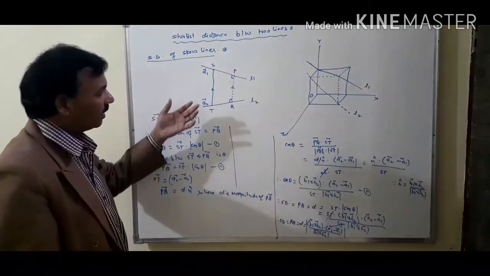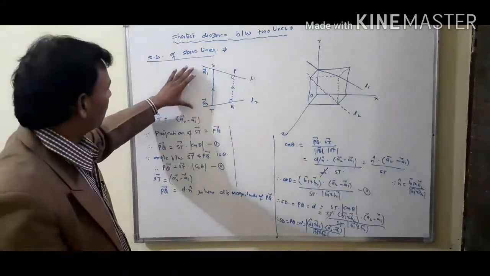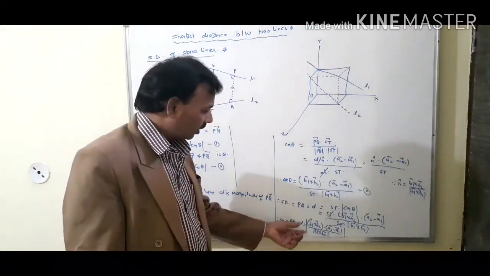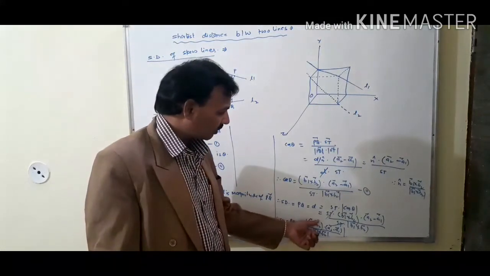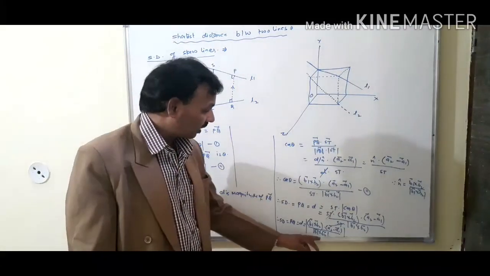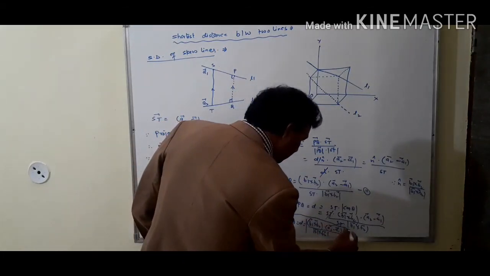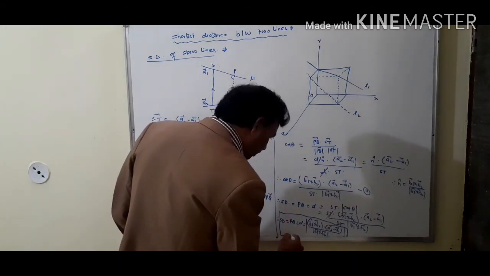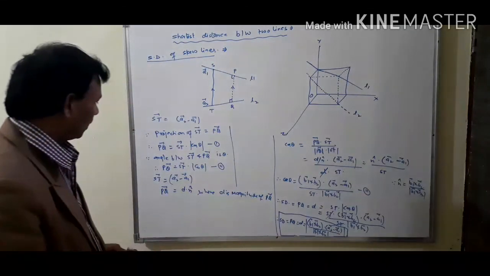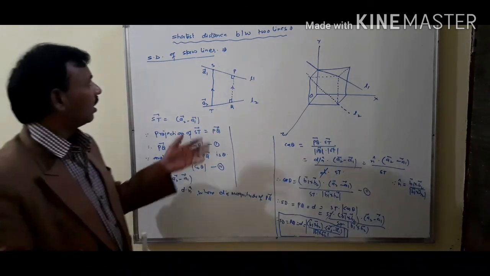Skew lines means those lines never intersect each other and are not parallel to each other. And this will be equal to the modulus of B1 cross B2 dot A2 minus A1 upon the modulus of B1 cross B2. This formula is very important from the point of view of examination. Now in the next video we will discuss how to find the shortest